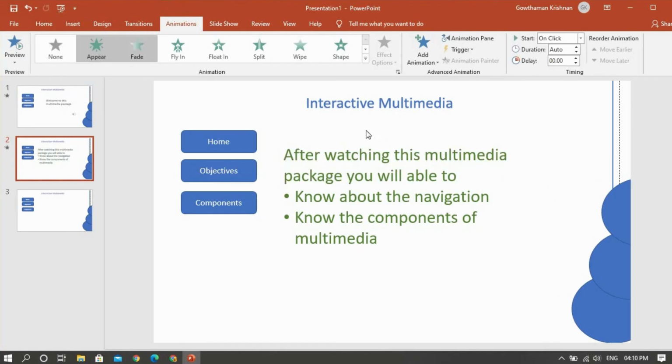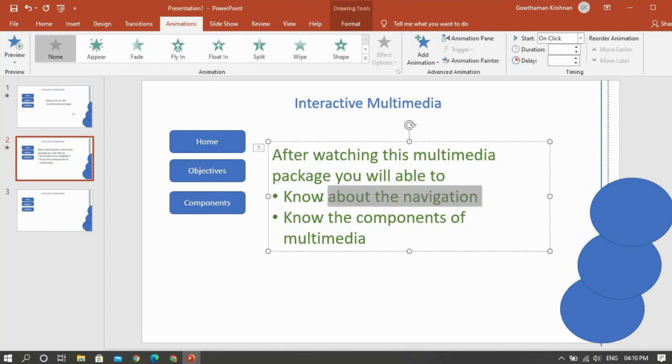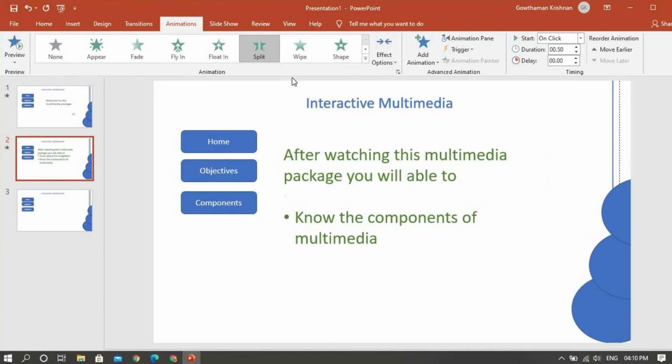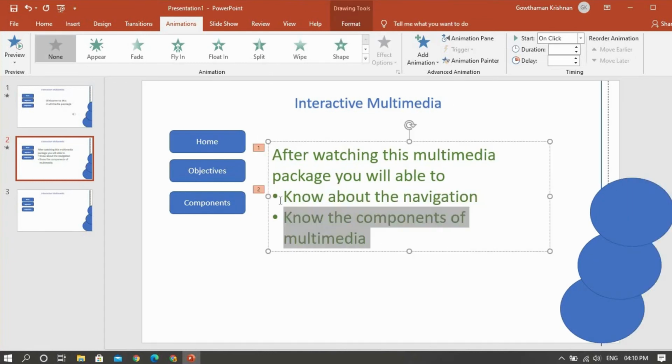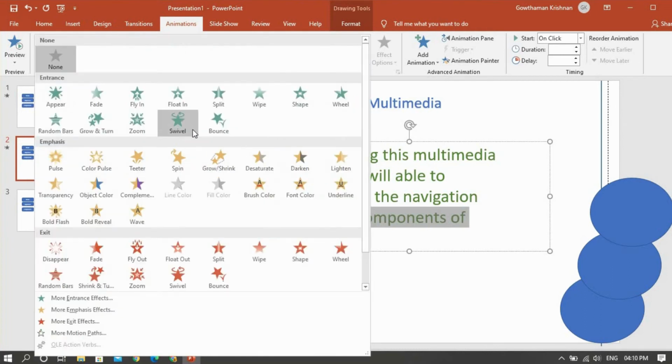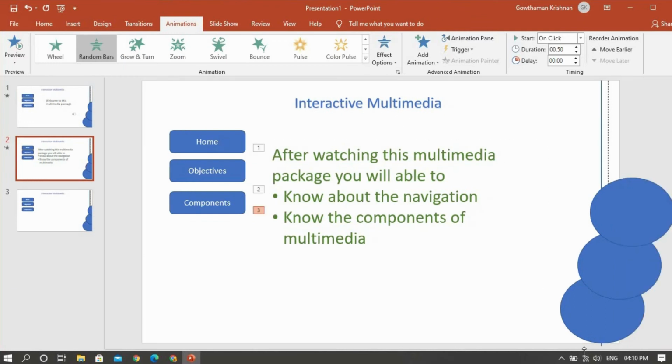So for each and every item you can use a small text-based animation like this. Okay, see, when you run this, you will be able to see this effect for this slide.